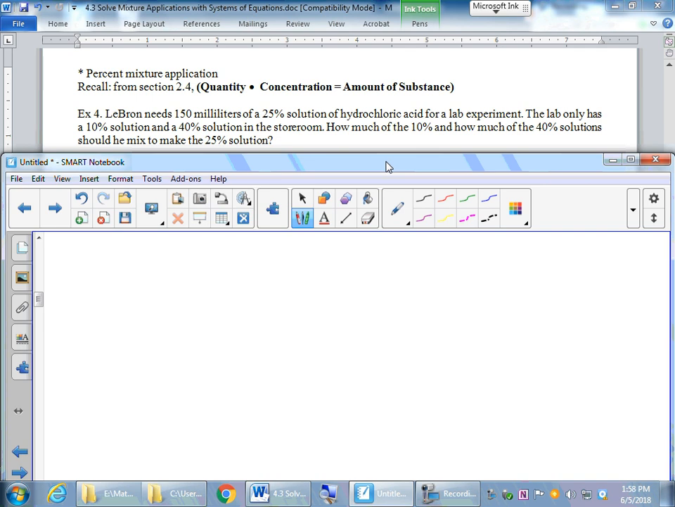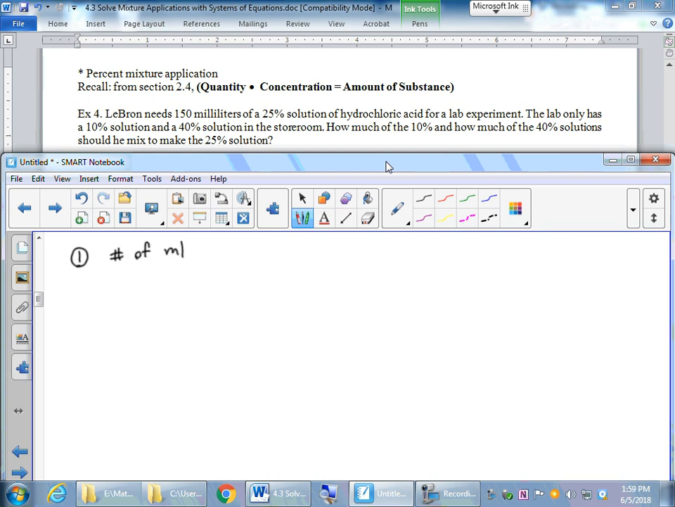So a person needs 150 milliliters of 25% solution of hydrochloric acid for a lab experiment, and the lab only has 10% solution and 40% solution. So we need to mix those 10% solution and 40% solution to get 25%. Now the question is asking how much of 10% and how much of 40% solution do we need to mix? So in this problem, step 1, what we don't know is the number of